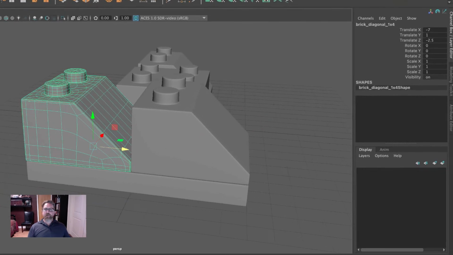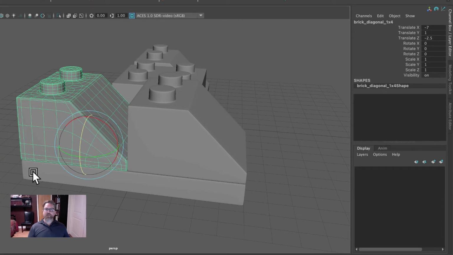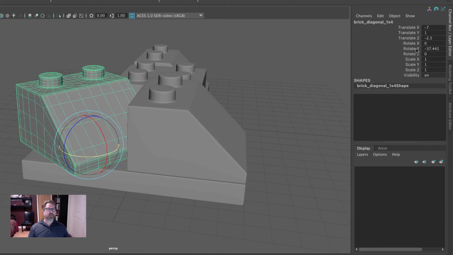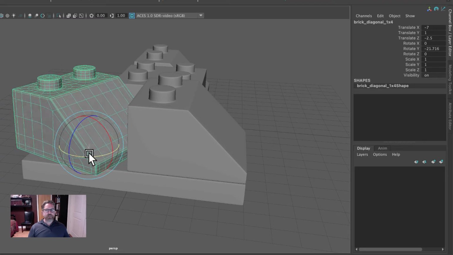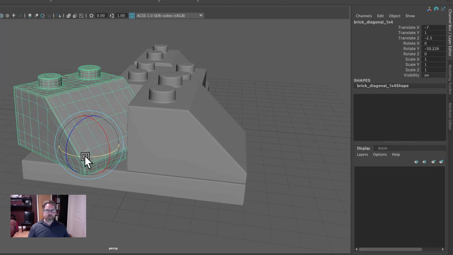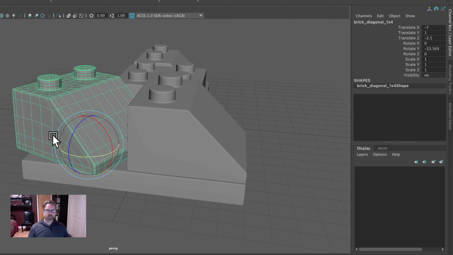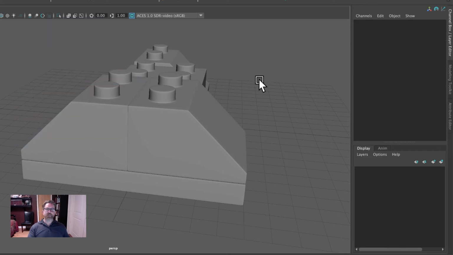Now, let's say we wanted to rotate this around. What axis would that be? A lot of times as you're getting familiar with the axis directions, eventually you'll remember these. But you can just begin to rotate and see which axis you need. So I wanted to turn this around. I'm imagining that I didn't know exactly which axis it was. So I'm on just this ring. Now that I see it, it's rotate Y, I could just type in 180. And now it's sitting